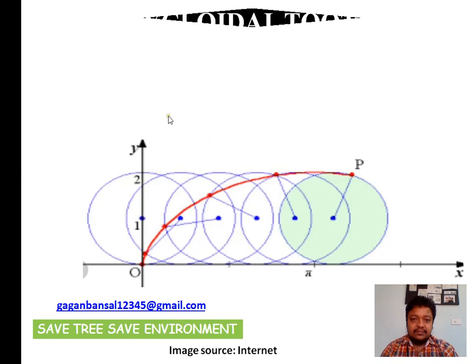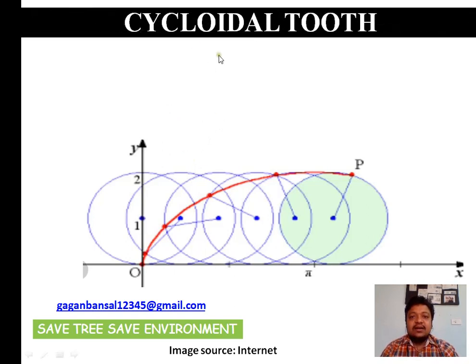Okay. Next is the cycloidal tooth profile. In case of the cycloidal tooth, before starting I just tell you this OP here is your cycloidal tooth profile. The difference between the involute tooth profile and the cycloidal tooth profile while drawing is that in case of involute, the line is rolled over the circumference of the circle, whereas in case of cycloidal, the circle is rolled over the line, or we can say the circle is rolled over another circle, from inside also and from outside also. We will be seeing them all separately.